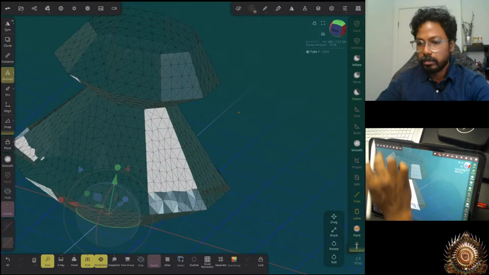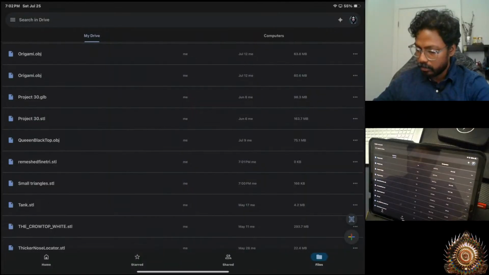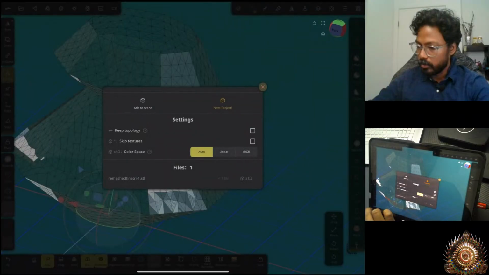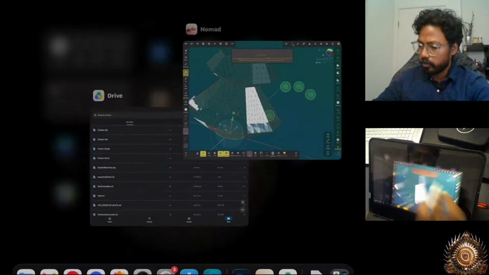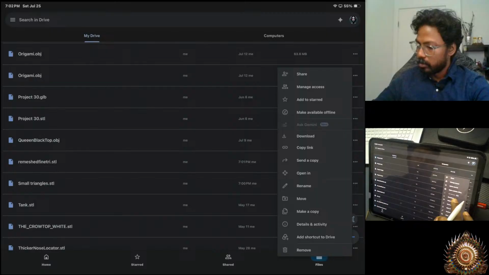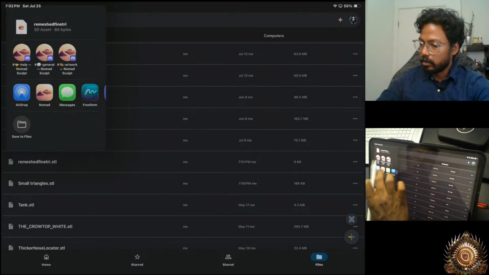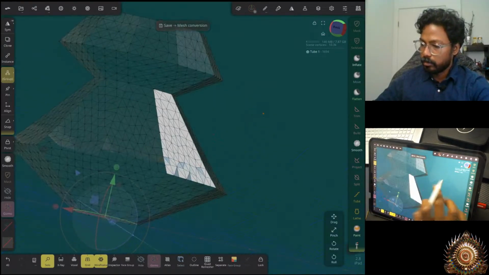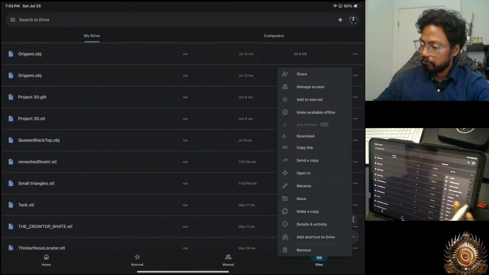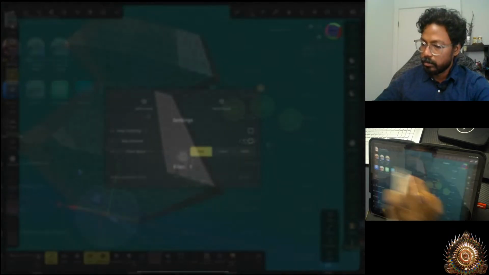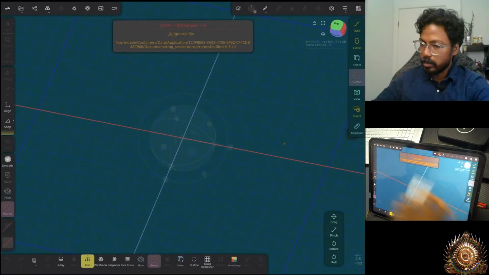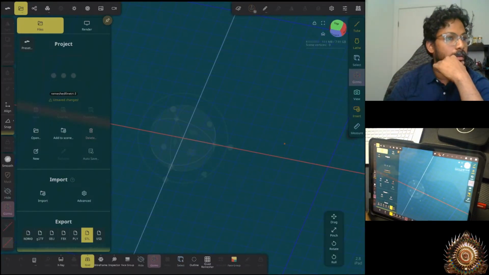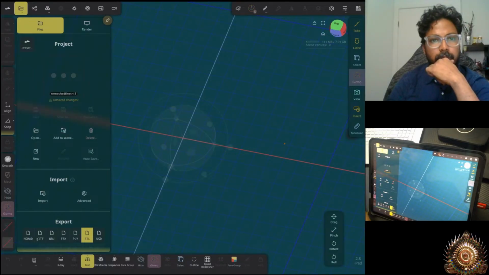For some reason it didn't allow it. Let's see. Download, open in Nomad, add to scene. What if I add? Okay, interesting. If I bring it to new, even there it didn't work. Is that an STL? I mean, let me quickly check. It doesn't have any. Okay,